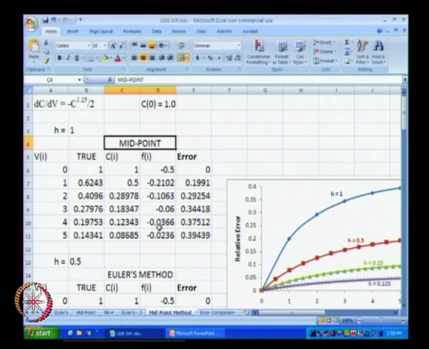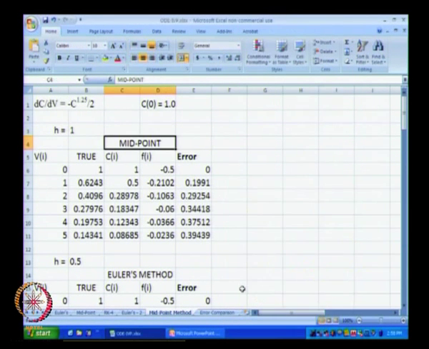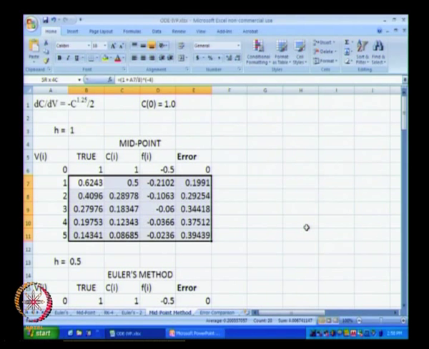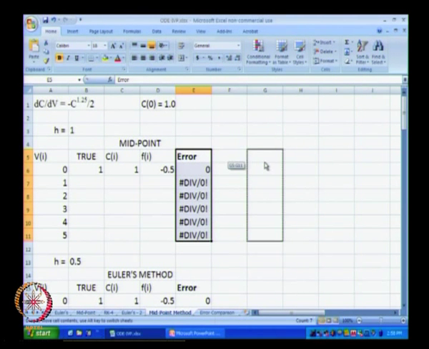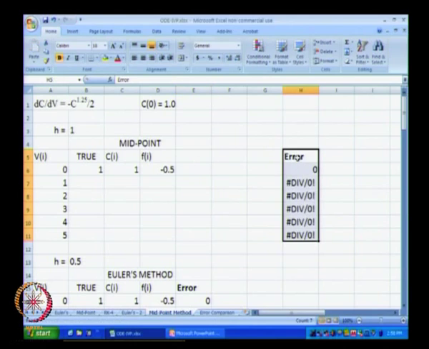First we will use the midpoint method with h equal to 1, then we will use the midpoint method with h equal to half, and we will show how the error behavior changes. So, I will delete all the results that we had obtained, and I will move this particular error graph over here.